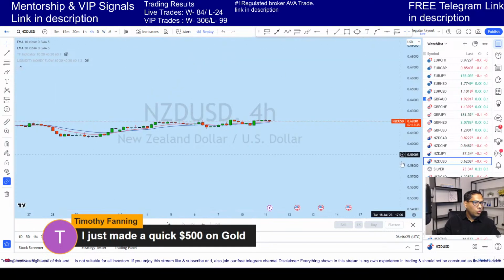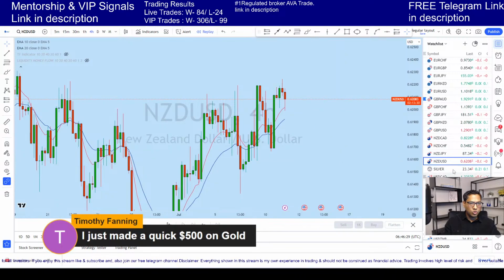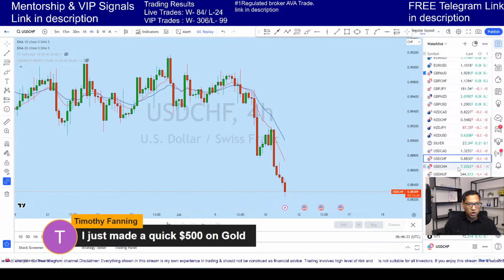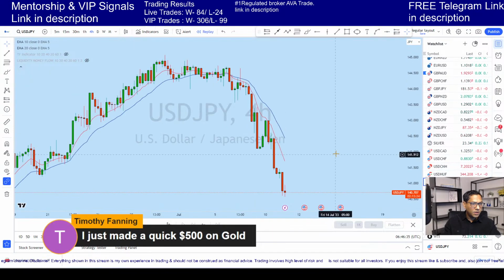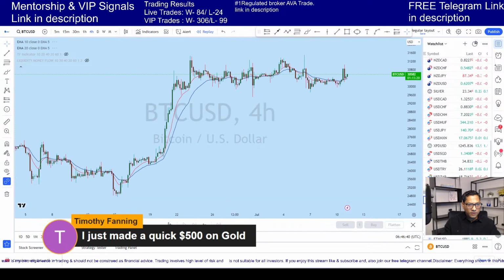NZD/USD, with the strengthening of gold, I think might also turn to a bull market. Dollar CAD, we see the weakness in the dollar. So dollar CAD, dollar Swiss franc, all of them look downside, including dollar yen. And if I quickly look at